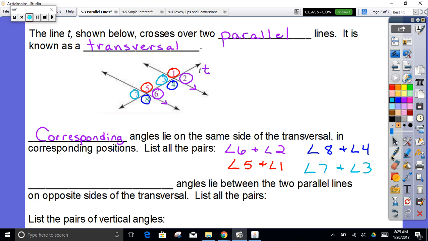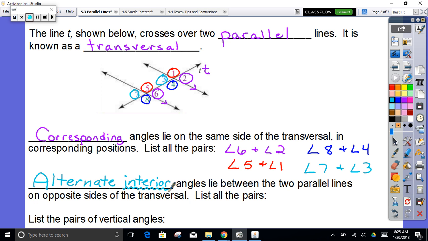All right, so those are all of our pairs of corresponding angles. The next one is called alternate interior angles. And some of these, you can remember what they are based on the word. Like, for example, corresponding angles, they're in corresponding positions. So they're kind of in the same position. Alternate interior angles lie between the two parallel lines. That's where we get the word interior, because they're between the parallel lines, and they're on opposite or alternate sides